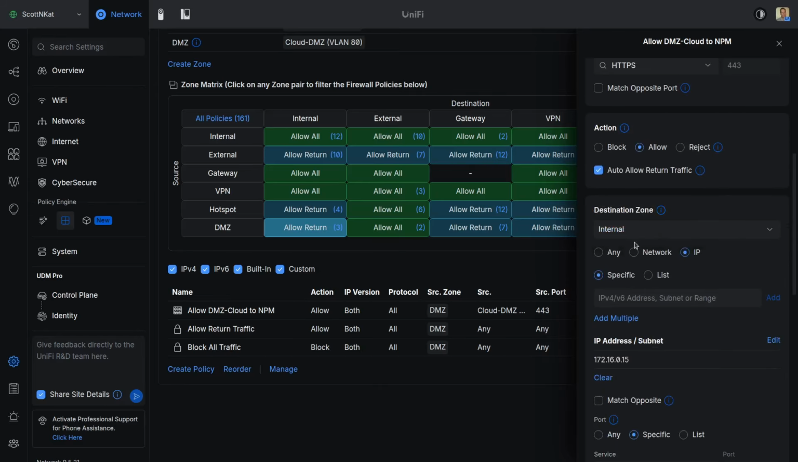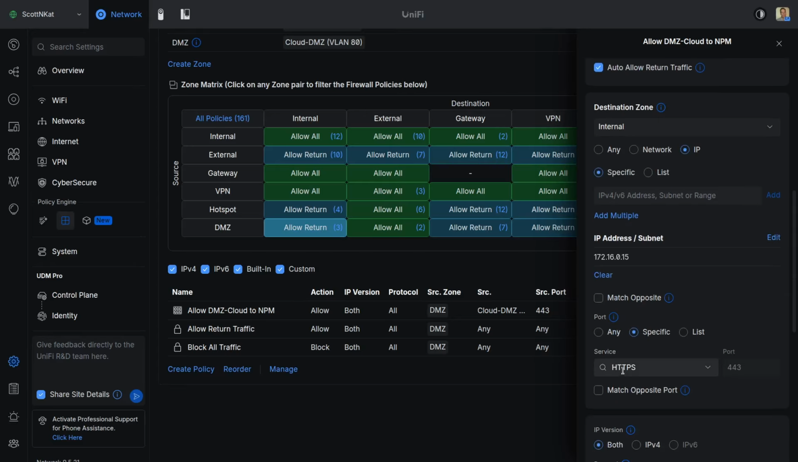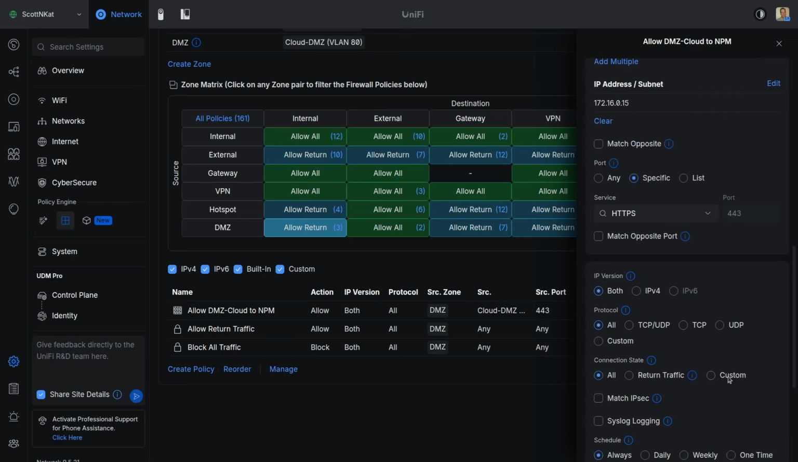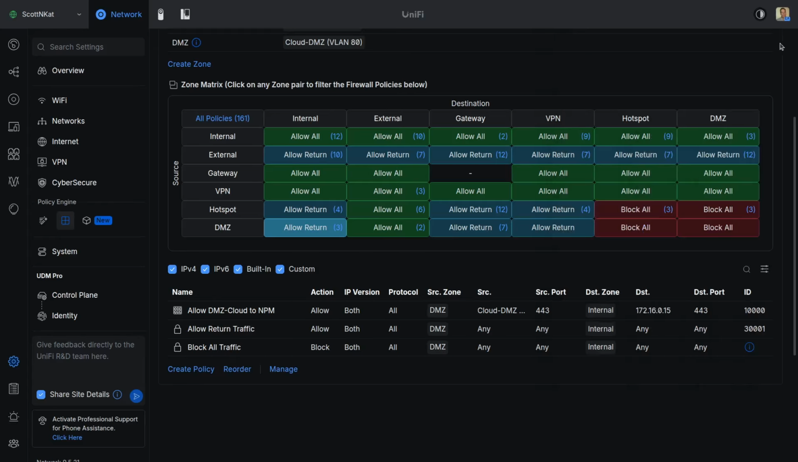The destination zone is the internal zone because that is where my main LAN is, and that is where my Nginx proxy manager is located. And then I specifically have the address of 172.16.0.15, which is the address of my Nginx proxy manager. And I also specify that the port is going to be port 443 down here. So you would assume at this point in time that that particular zone-based firewall policy would allow connection from my Mesh Central to any Mesh Central client that is on the DMZ